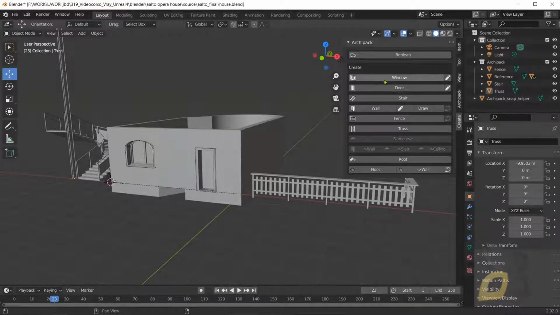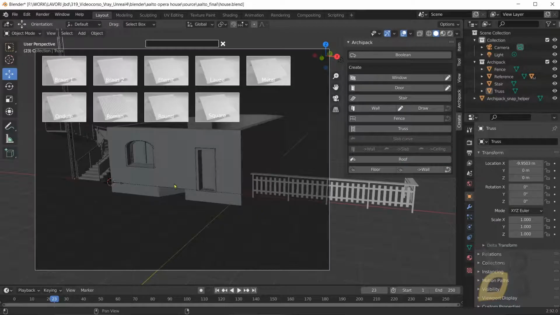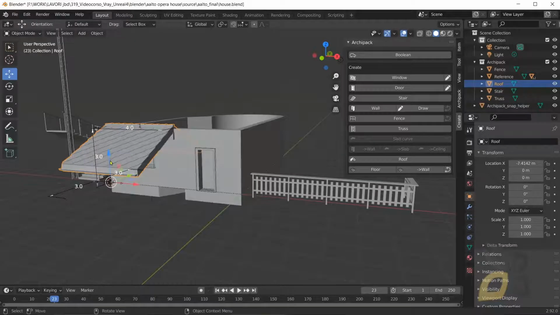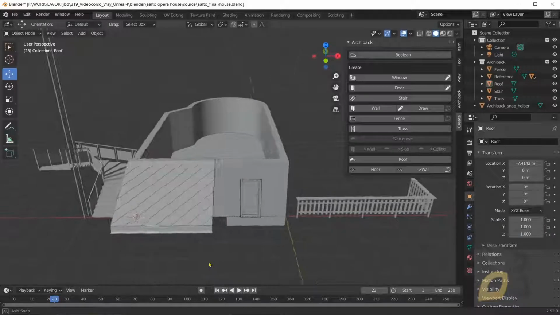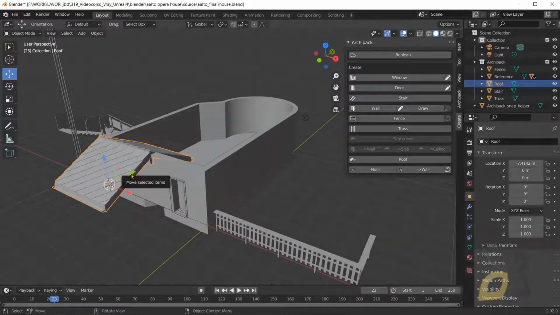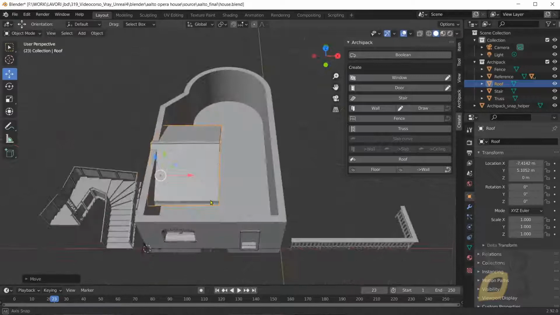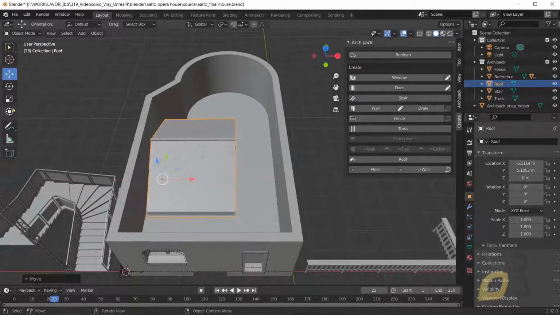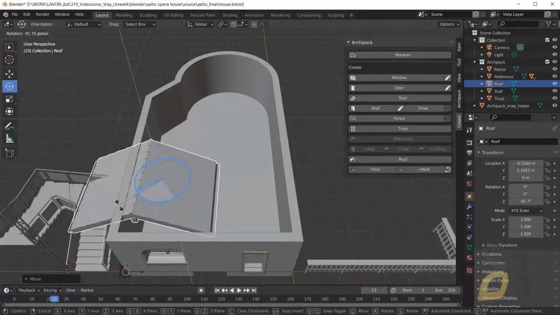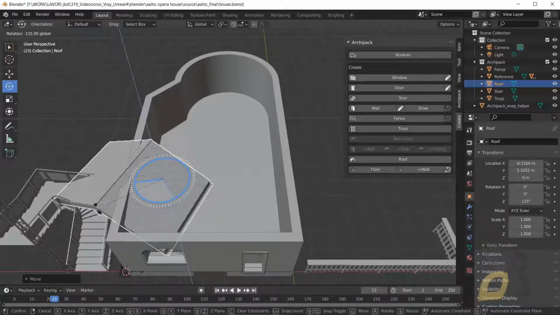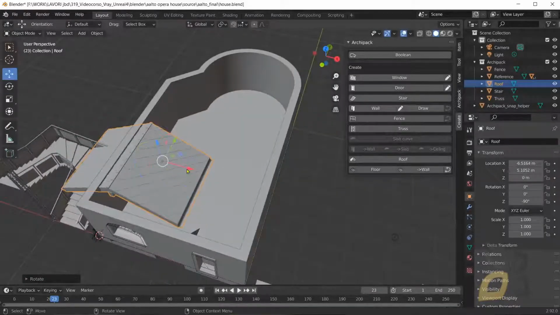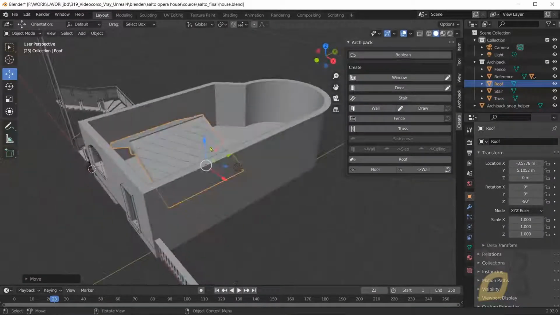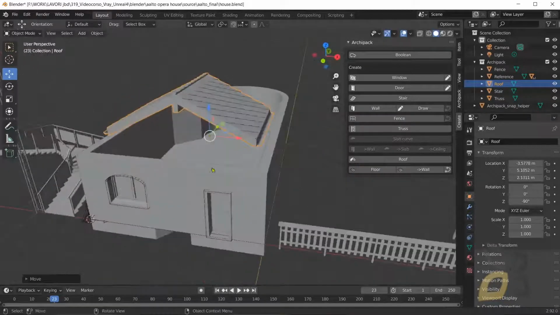And what we have more, we have roofs. So we can add a roof. You can choose different materials. I'm sorry again, I cannot show you that right now, but I can show you the roof. You can also add materials later with the standard render engine in Blender. So here I can change this. Let's rotate this and hold the control in order to rotate this more precise, and then I can move it, place it into position,